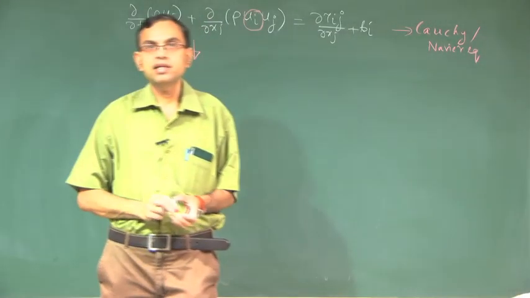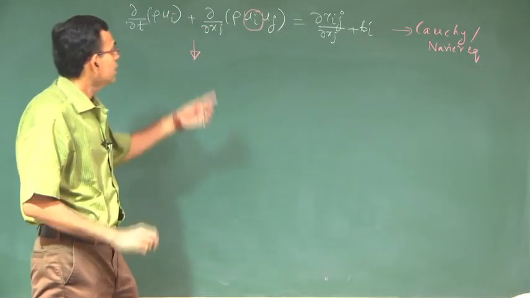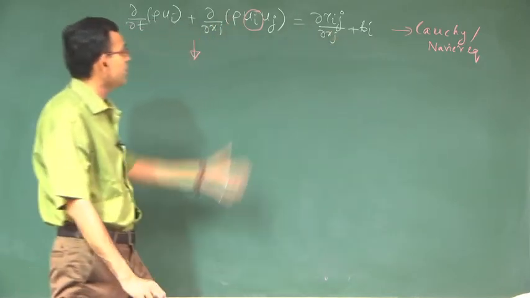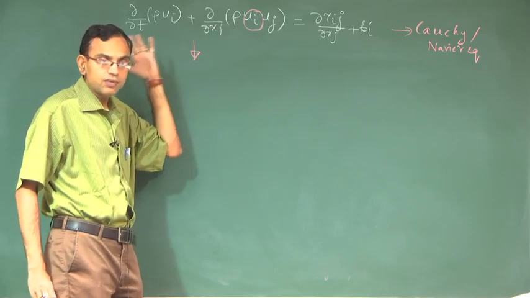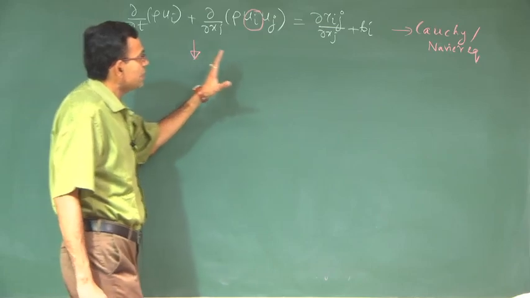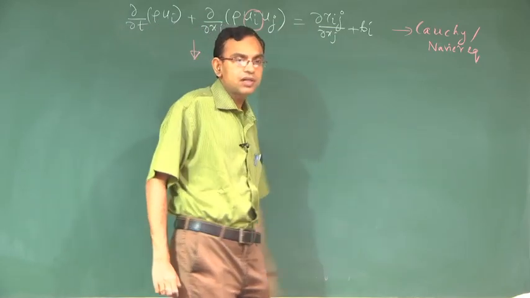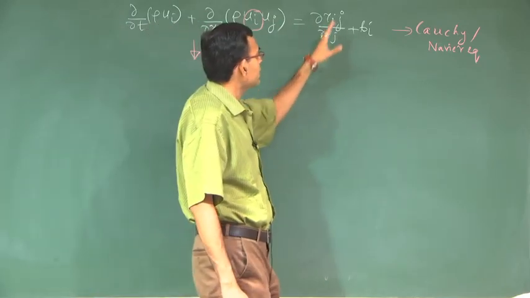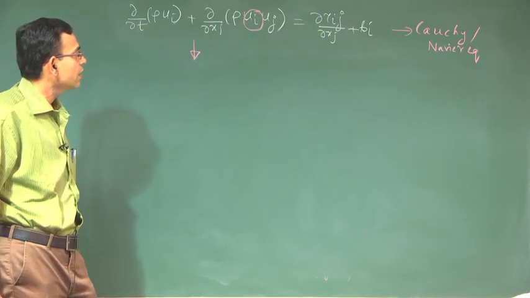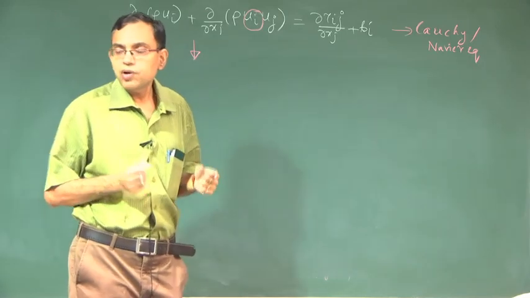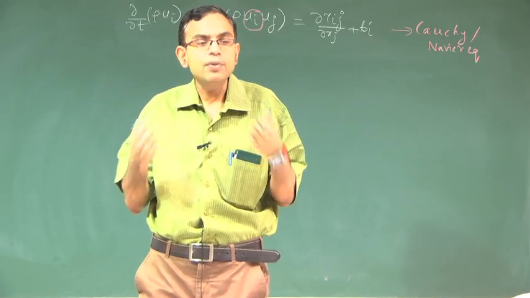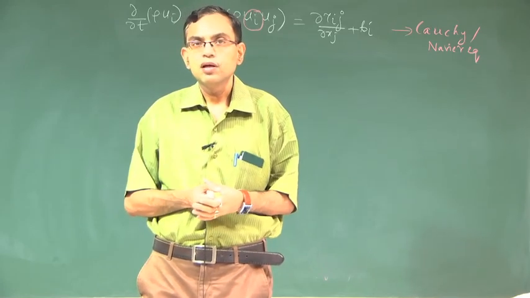In the previous lecture we were discussing this equation, which is the Cauchy or the Navier equation. The left hand side we discussed in both conservative and non-conservative form. While the left hand side is pretty clear about what it intends to convey, we will now emphasize the right hand side, and this emphasis is because of the following. What is our objective? Our objective is to solve for the velocity. In a fluid mechanics problem, this is a primary variable, velocity.